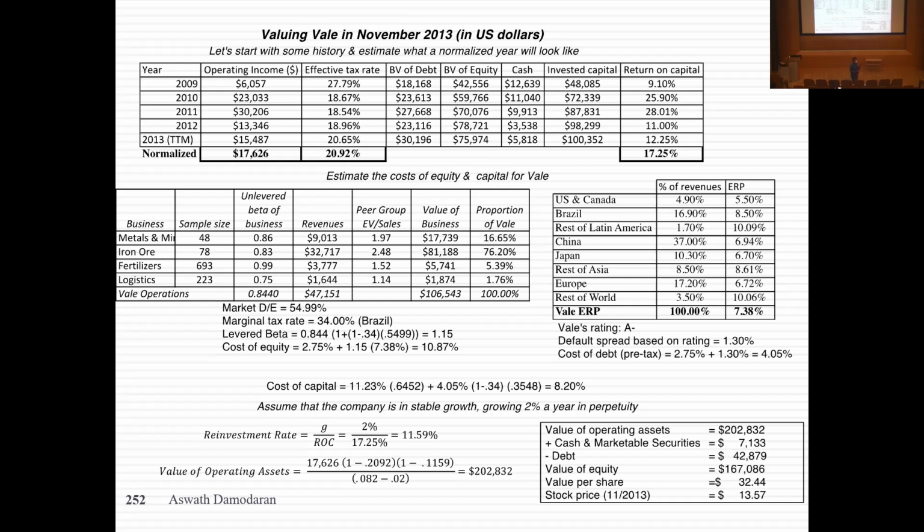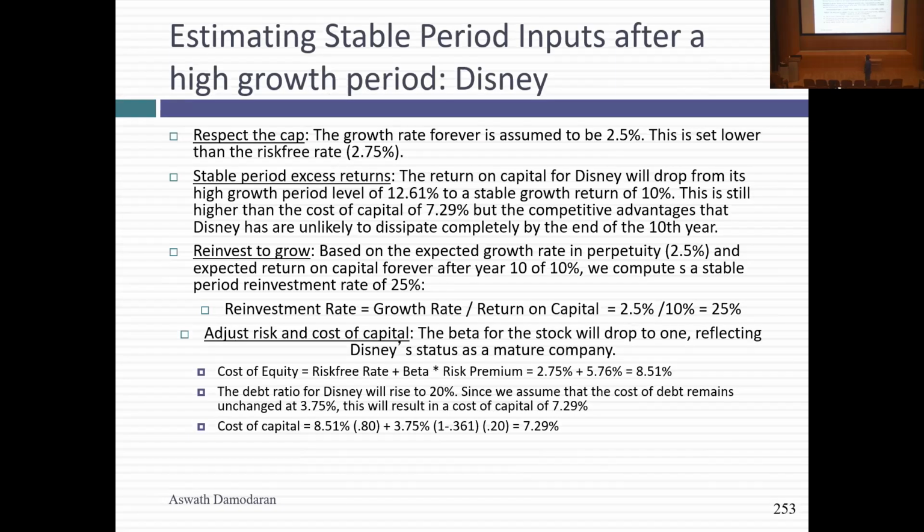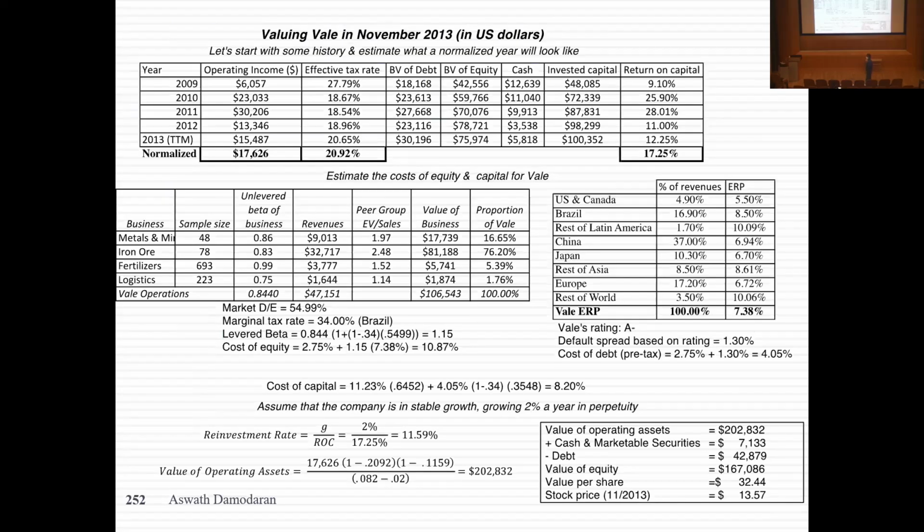So this kind of cash flow model, the stable growth model, is for a company that I think is already mature. Now for Disney, I have to wait 10 years. Yes, good question on the last slide. So the key assumption is that the growth is behind the company and the operating margin is going to stay the same. Is that accurate?